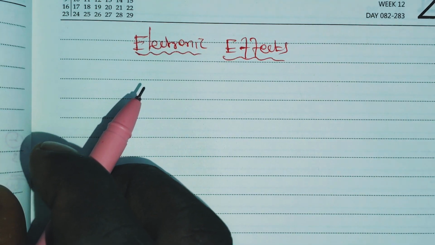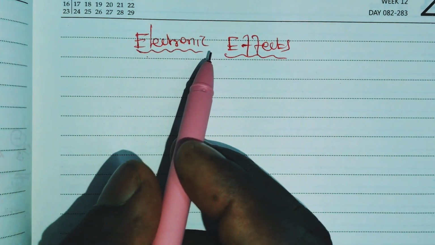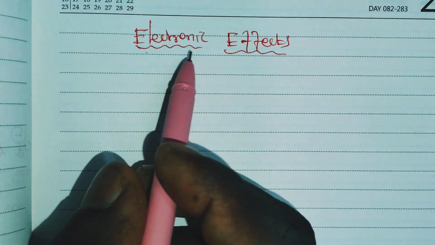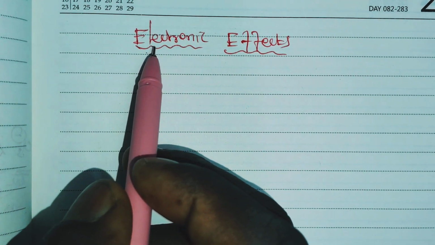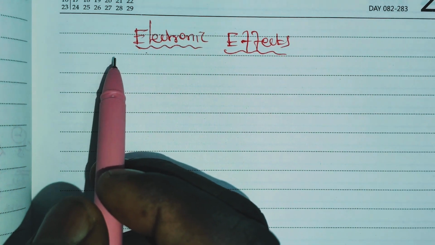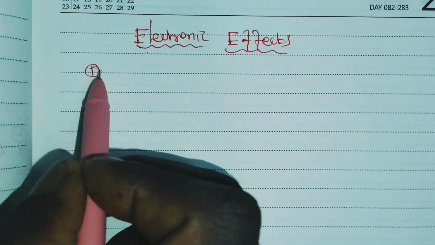Dear student, in this video we will study electronic effects. In general, this electronic effects topic covers all kinds of organic chemistry, because this is the most basic fundamental of all kinds of organic chemical reactions. So it's a very important subtopic in GOC. Okay, what kinds of electronic effects are there? The first is the inductive